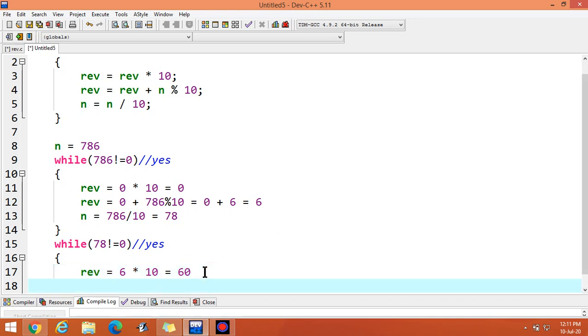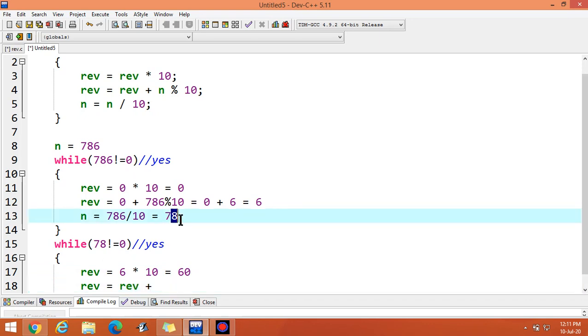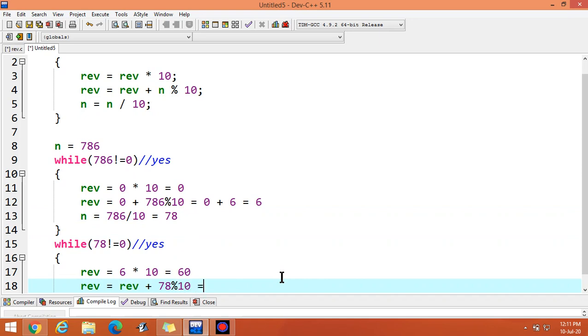What next? Then reverse is equal to reverse plus n modulus 10. Now the value of n is 78. It means I can write here 78 modulus 10. It means now the value is 60 plus 8.